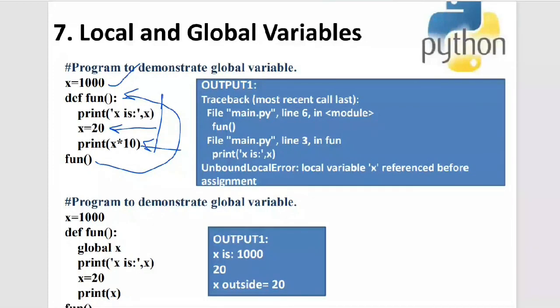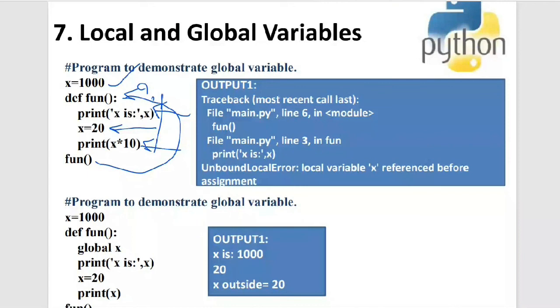It is telling me that before x is equal to 20 itself, it knows that there is a local variable x and I cannot print this, because local variable x is referenced before assignment. So what value will I print for x over here? This is the question the interpreter is giving you.